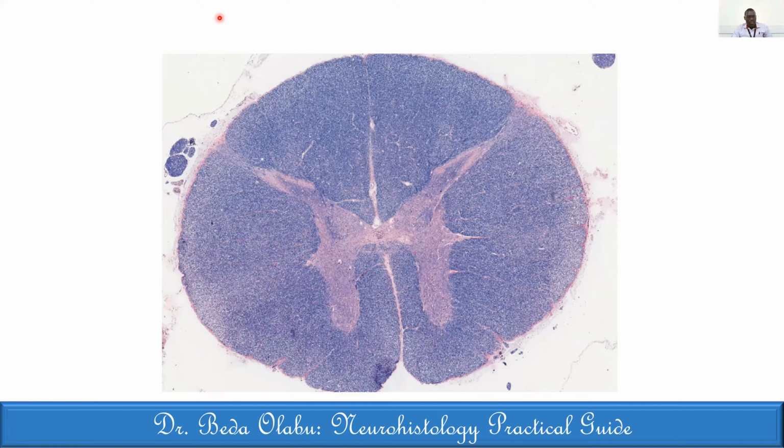Very good. Thank you very much, Dr. Mokaya. So you are right that there is lateral horn here. And so that tells us that this region of the spinal cord is definitely giving rise to an autonomic outflow. It can either be T1 to L2 segment, but can also be S2 to S4 based on that account only. And so I like the fact that you've also looked at something else. You've also taken note that the anterior horn and the posterior horn are relatively thin, and I agree with you